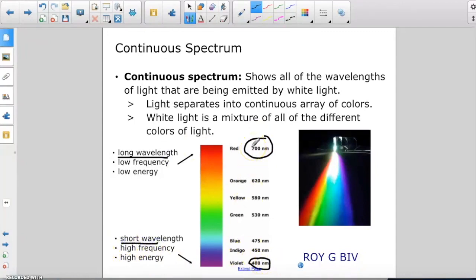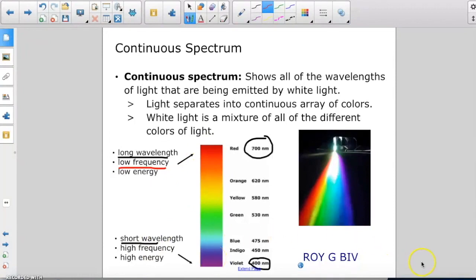So remember, wavelength and energy are inversely proportional because the energy is directly proportional to the frequency. So when we have longer wavelengths, we will have lower frequencies. Okay, and the shorter the wavelength is, the higher the frequency. And frequency and energy are directly proportional. That's why when we have low frequency, we have low energy, and when we have high frequency, we have high energy. So again, light separates into this continuous array of colors, and the white light would be the mixture of